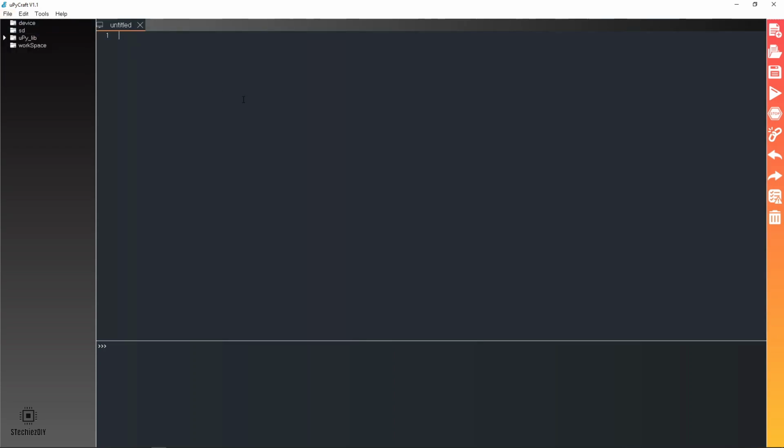Now we'll see the example code. In the code we have imported time as we will need a time reference for delay. Again we have imported pin from machine. Set the pin mode to the output, and in the while loop we'll turn on the LED and we'll give the delay of 1 second. Again we'll turn off the LED and again we'll give the delay of 1 second.